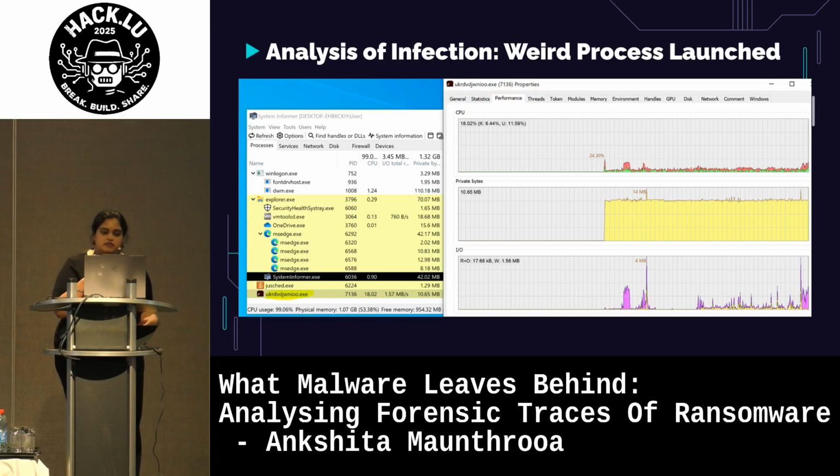As you see, this image was actually taken from the infected VM itself. I don't know if you can see the image very clearly, but it's an executable file being shown here, and the process has a random-looking file name. It was spawned by Explorer.exe, and immediately caused CPU and IO spikes on my VM, because it launched several other child processes along the way. These are generally classic indicators of a dropped userland payload. As soon as I got that, I isolated my VM and preserved the disk so I could continue my analysis. So I'm going to move on.